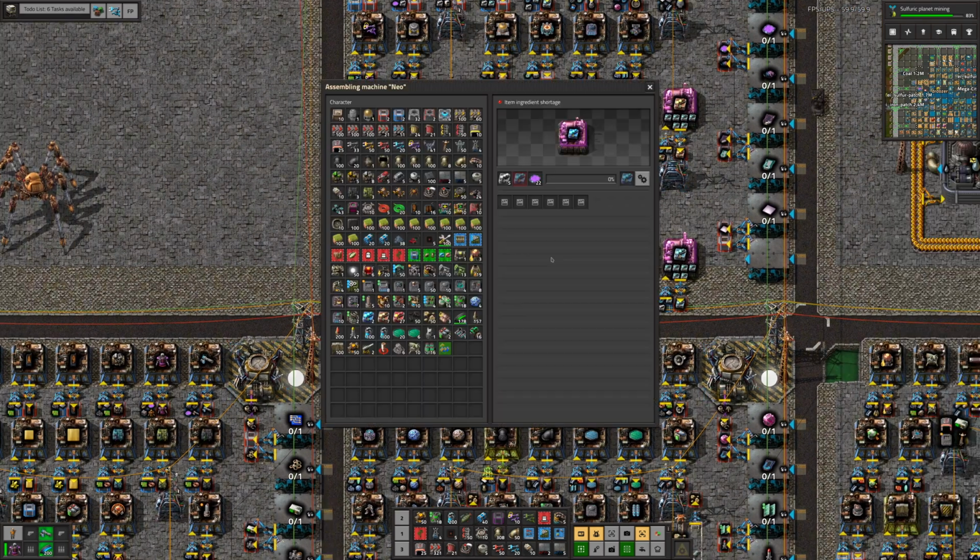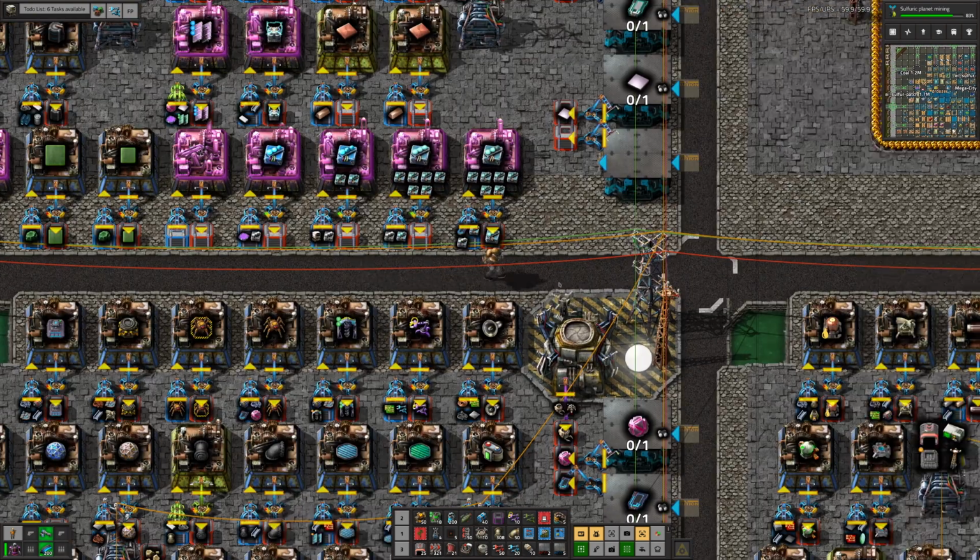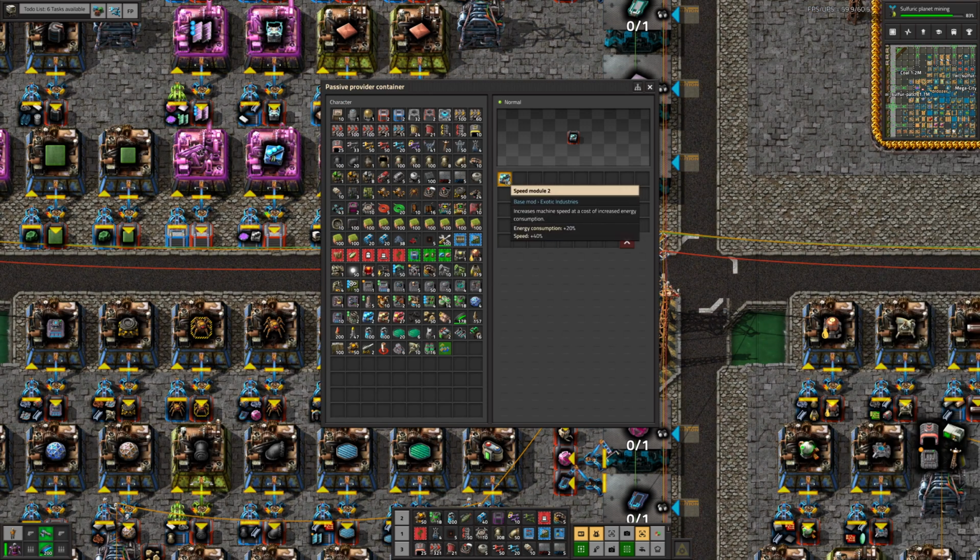And the answer is no. We don't have any of those, because we don't have any blue chips. Okay, so we're missing blue chips. We have plenty of speed module 2s. That gives you a 40% speed boost, which would be enough, obviously, to...